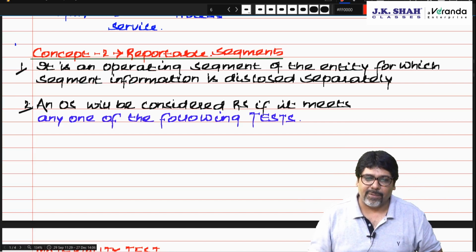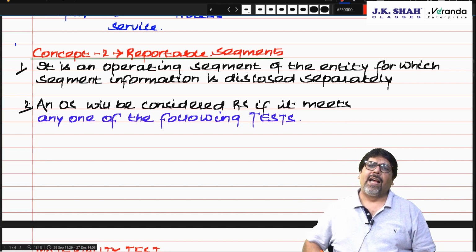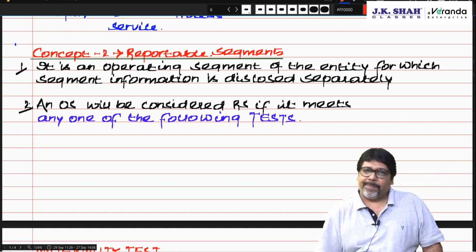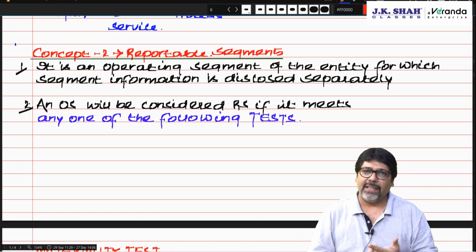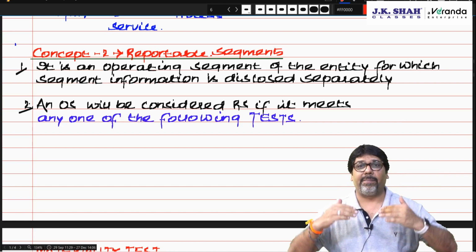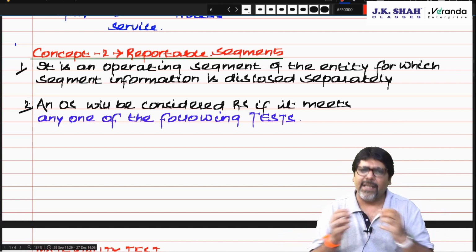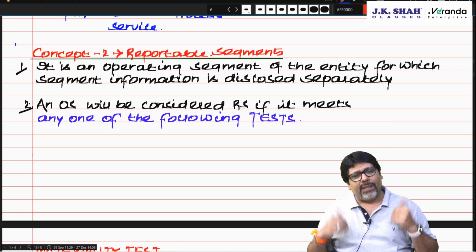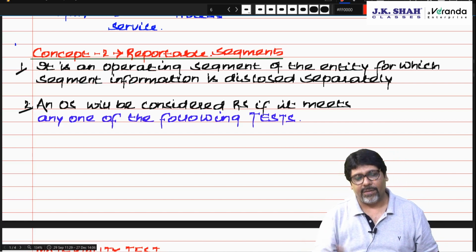Second, nature of product or services. Both are catering to your bathing services and both are related to one purpose only. Correct? Third is nature of production process. Both are liquid, so their production process is also same, barring few ingredients which are different. The customers using are also same. The people who are using the body soap, they are using the shampoo also.